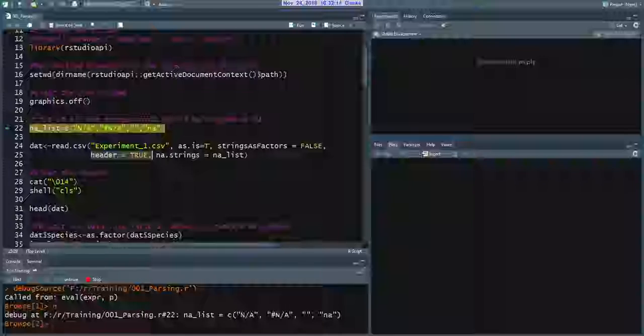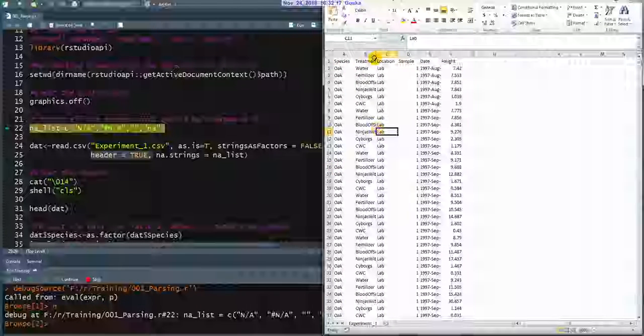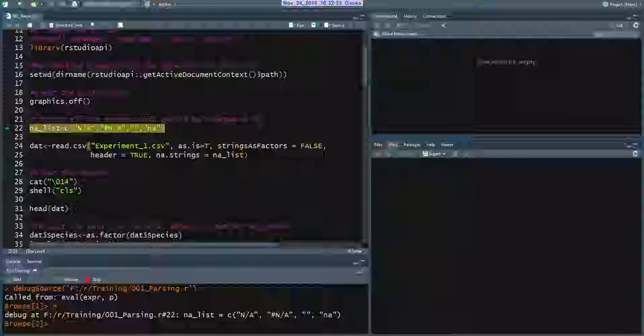Header equals TRUE. This is for CSV files like the one I'm giving you, where you have a column name for each type of data, and you want R to interpret this as the $, species names. If you have header data in your CSV files, set header equal TRUE. If you don't, you'll have to manually add it later. And then for all the things that are going to be